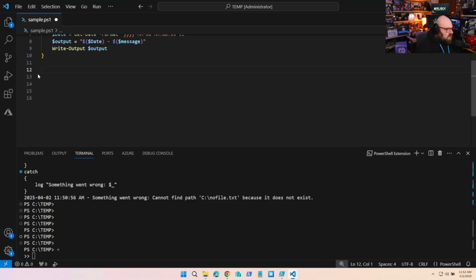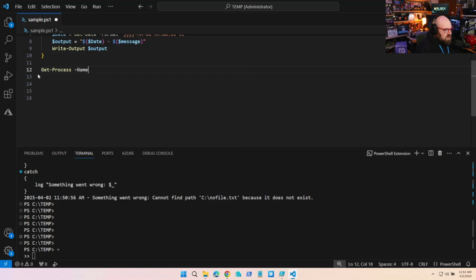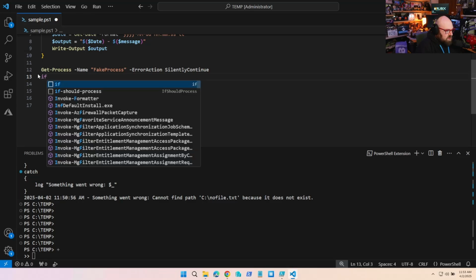And now what we're going to do is a Get-Process. Name is going to be a fake process. We're not going to grab a real one, but we're going to put an error action of SilentlyContinue, meaning it's just going to go ahead, right? So what we have to do is, now that we know the $?, right, is what just happened, we can do an if